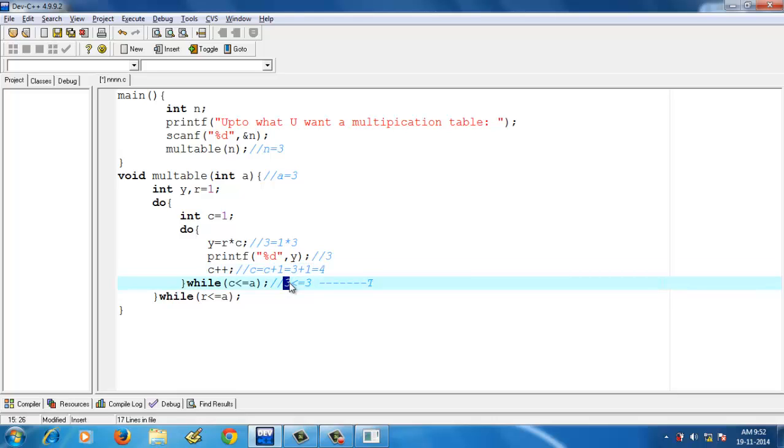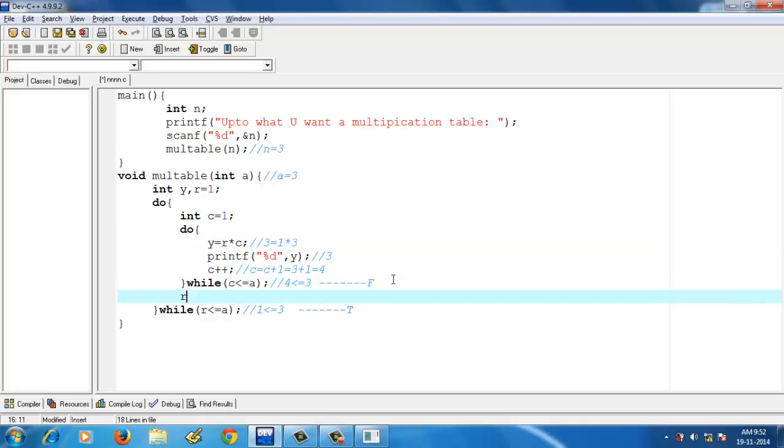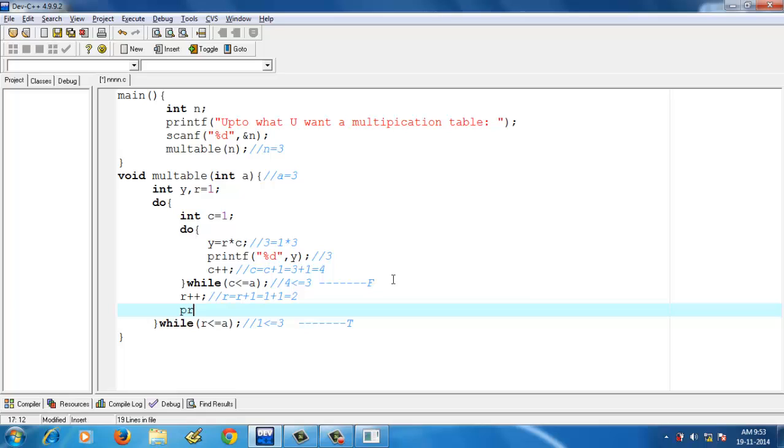It checks the condition whether 4 is less than or equal to 3, and it gives the value false, so the loop stops here. And again we need to increment the row as r plus plus. Here we increment the row value as plus plus, means r equal to r plus 1. The r value is previously 1, now 1 plus 1 equal to 2. Then print a new line. For the new line purpose we need to write printf,